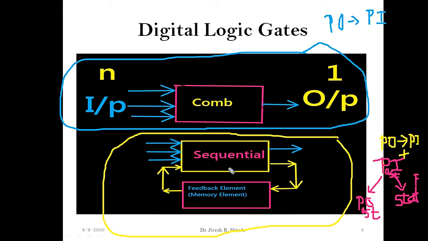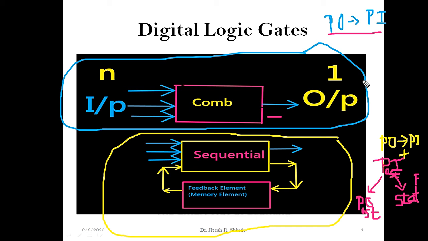In a combinational circuit, the present output depends only on the present input. In a sequential circuit, the present output depends on the present input as well as the past value of input, or past value of the output, or previous state of the circuitry. All this happens because of the presence of the feedback element or the memory element. Because of it, the sequential circuit has storage capacity, meaning it can store data. Since the combinational circuit does not have any feedback element or storage element, it cannot store any data. That's why we have written that the present output depends only on the present value of input.